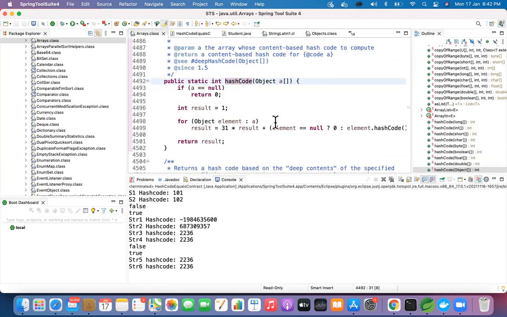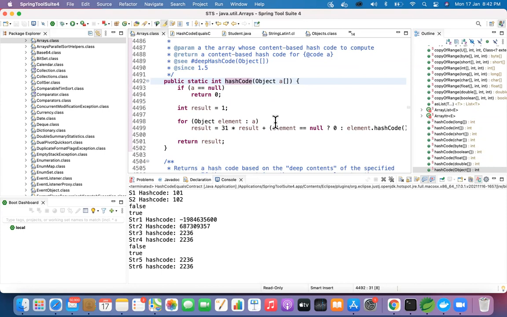What is happening is if my array is null, I'm returning 0. Else I'm doing a logic here: 31 into result plus some logic, and I'm implementing hash code. Why specifically 31? Because hash code gives an integer value, and here they have used a prime number to implement it.